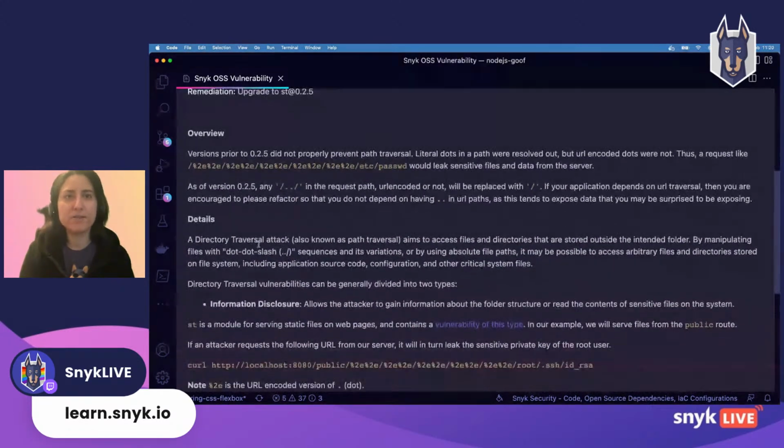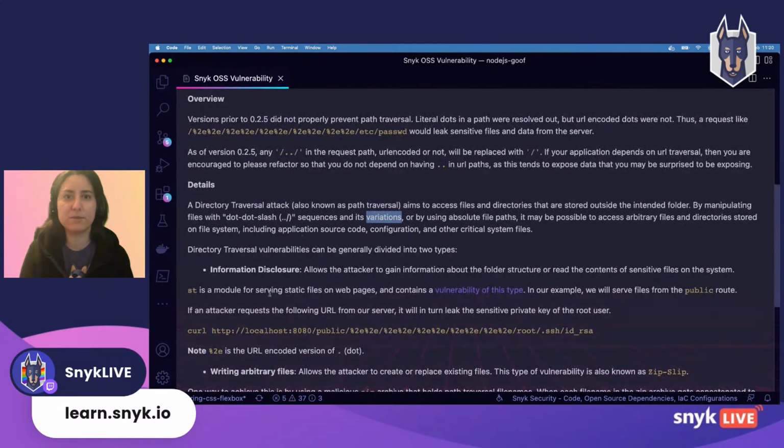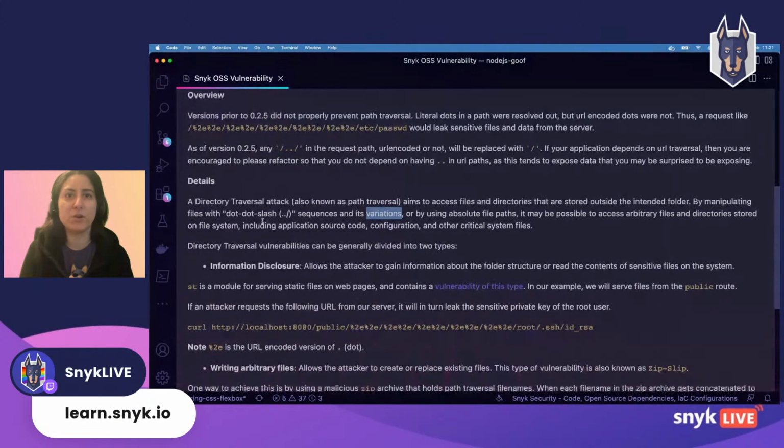Okay, and it's also giving you a little bit more context around what a directory traversal attack, or also path traversal, is. It's defined as aiming to access files and directories that are stored outside of the intended folder by manipulating files with the ../ sequence and its variations. And we've been using a variation of this sequence with URL encoding.